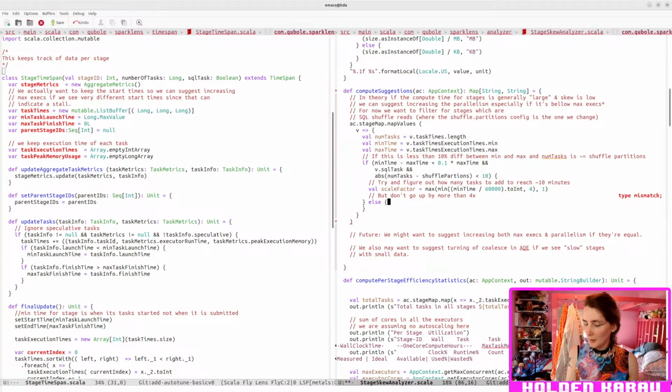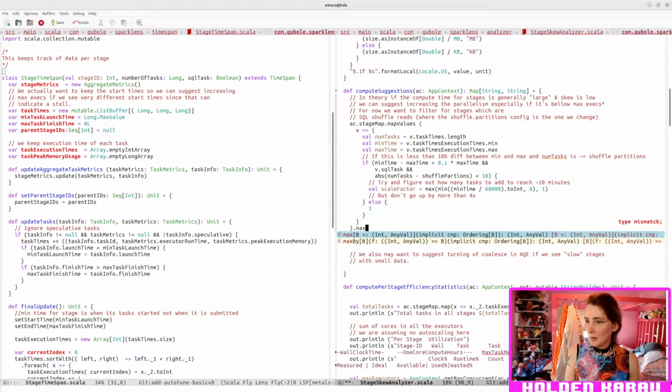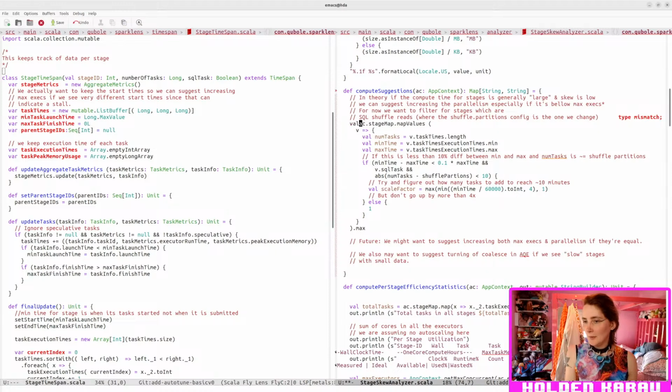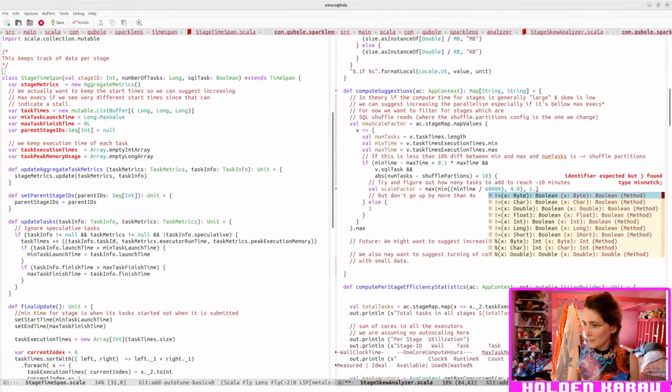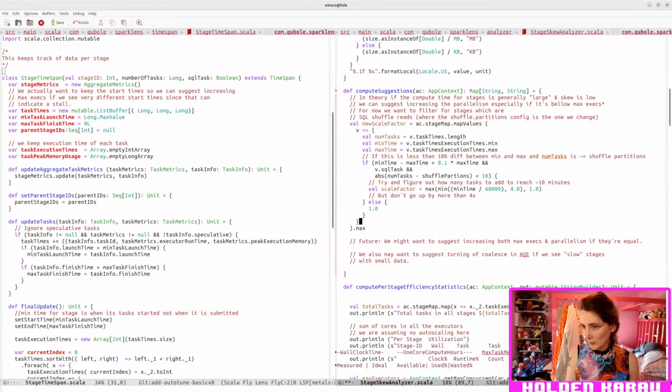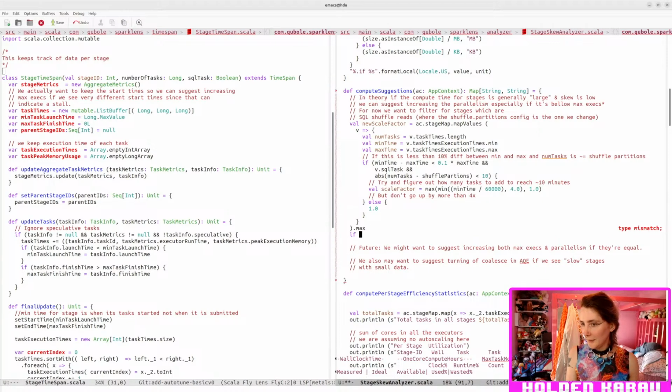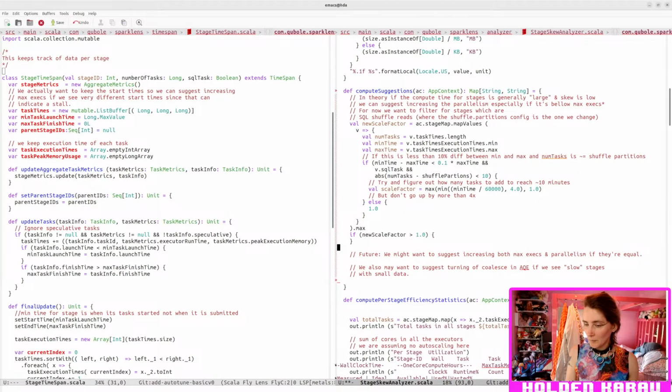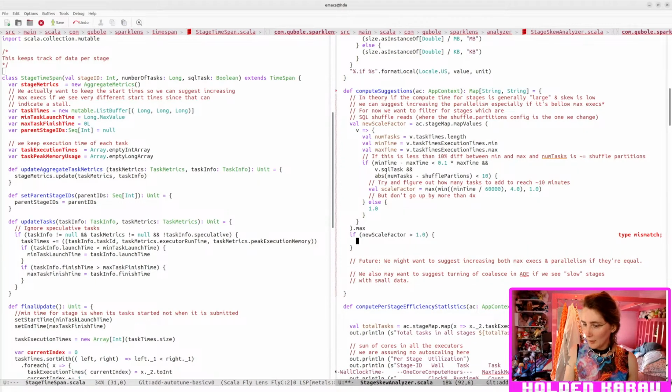Else 1. Dot max. Val new scale. So let's not convert it to an int. If new scale factor is greater than, and down here